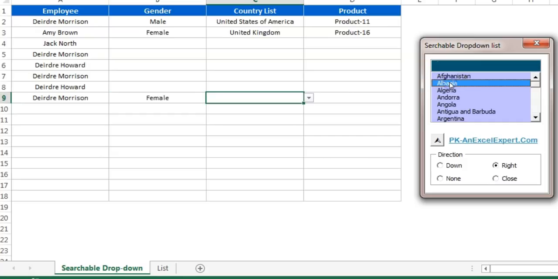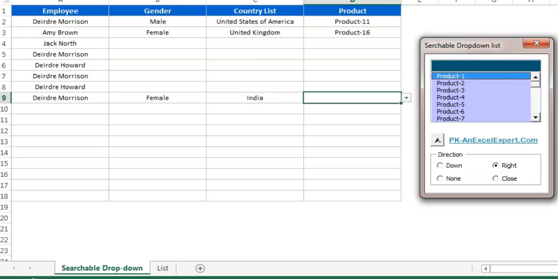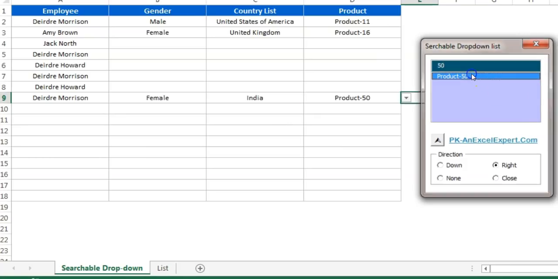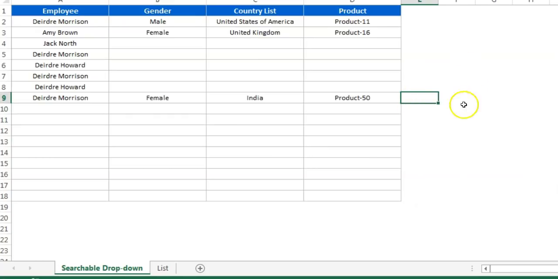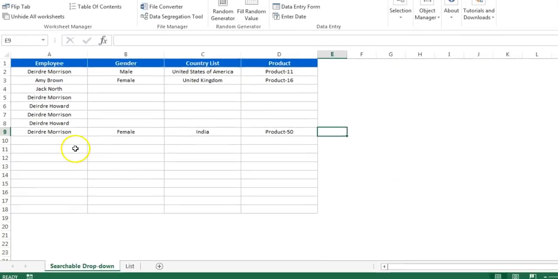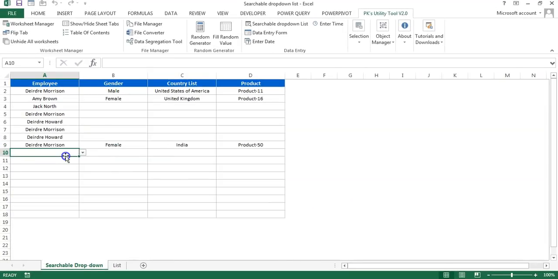Let's enter female, and now it has moved to the country list. You can type the country. Let's search India, and now it has moved to the product. You can type any product also. Let's enter some product name here, product 50. As soon as it has moved to the next cell, since no drop down is available here, the form has been closed. Alright friends, so that's how you can use the searchable drop down list.